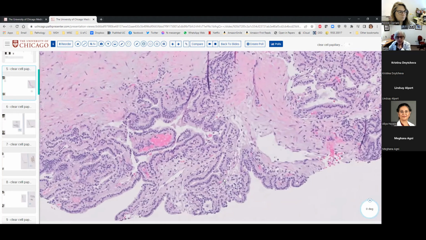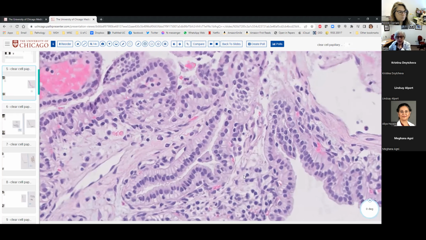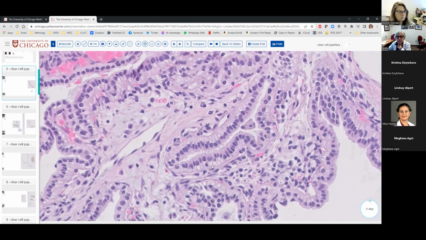When we go to look at the cells itself, it seems that cells have mostly clear to granular cytoplasm, and the nuclei are located at the top of the cell rather than at the bottom. And somewhat the tubules have